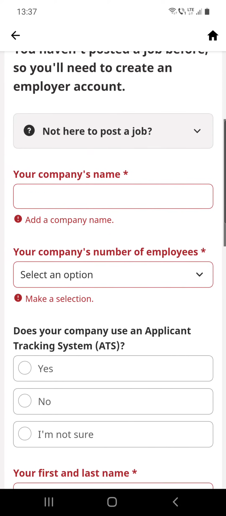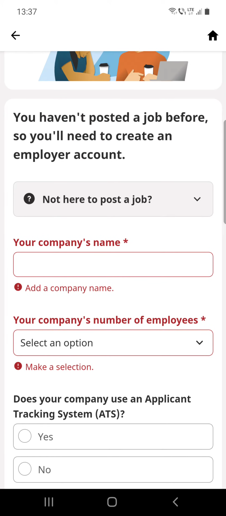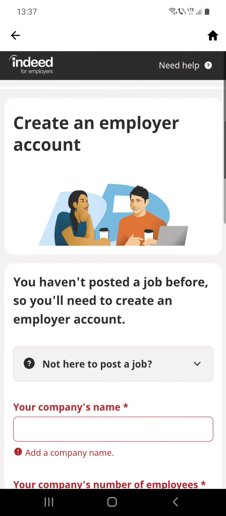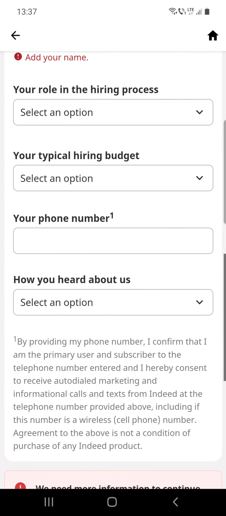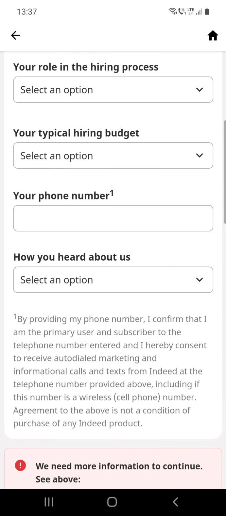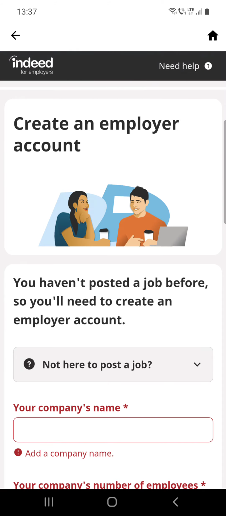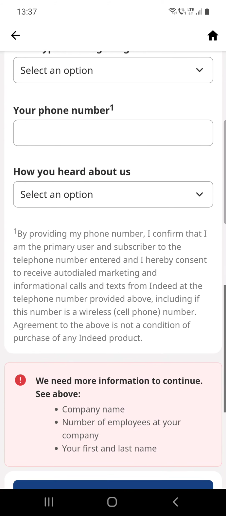All right, so I'm not an employer, I do not have a company, but if you have and you want to post jobs, then you can do that by creating an account here, and after that you can post